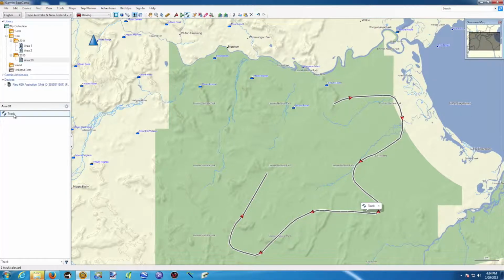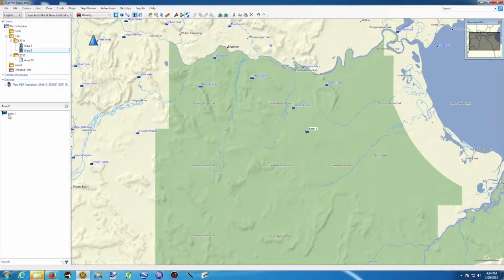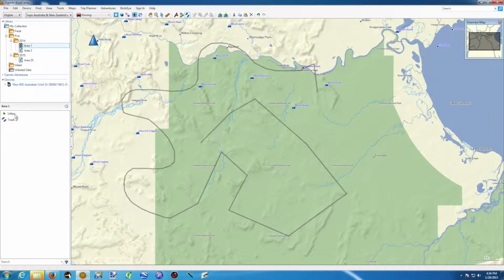But I want to change this: 1 click and then another one, track number ABC. And this is what we've got now. One track in 2015 area 20, one waypoint in area 2, one waypoint and one track in area 1